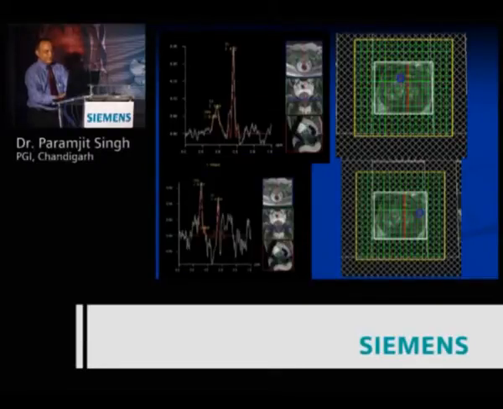In the same area, once we run the spectroscopy, we find that there is higher choline compared to citrate. Right. So we interrogate this area, the normal zone, normal central zone, and we find that normal citrate is there, and in the cancerous area we find that there is high choline.